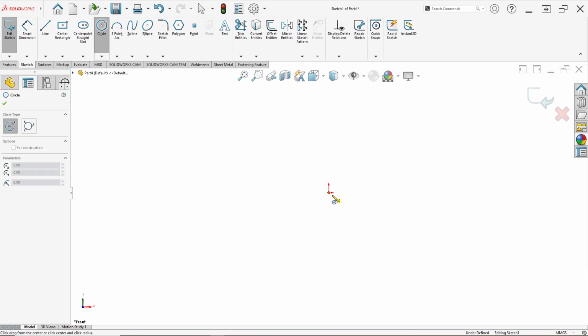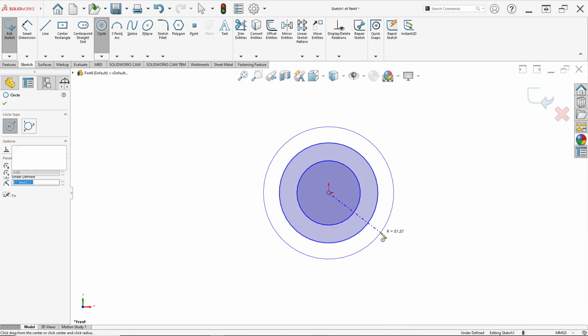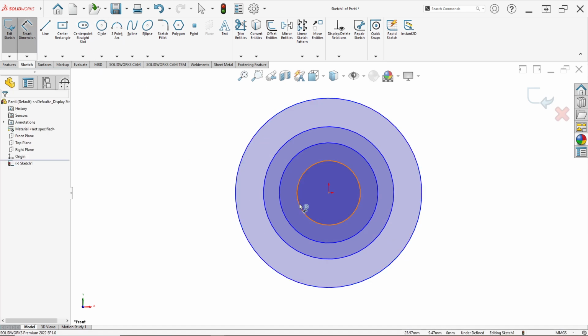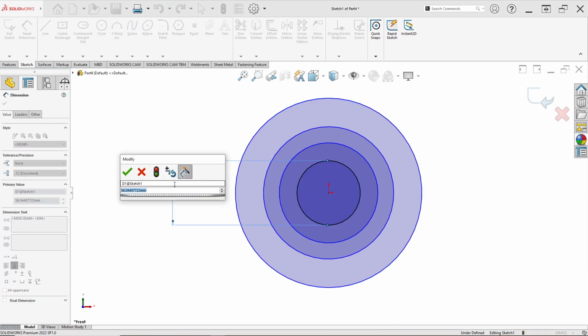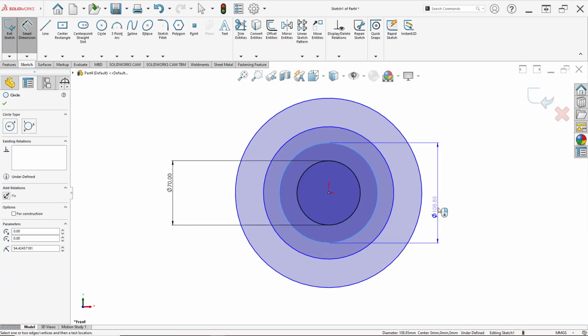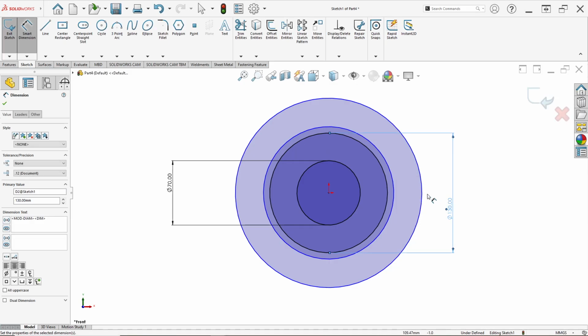Select circle and draw 4 circles. 1, 2, 3 and 4, like this. First circle is set in diameter 70. Second circle is set in diameter 130.